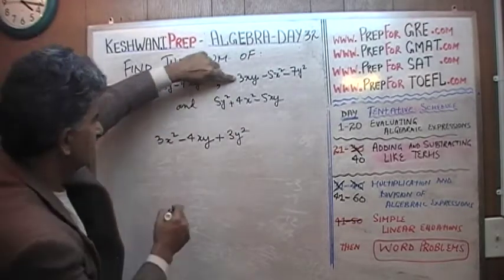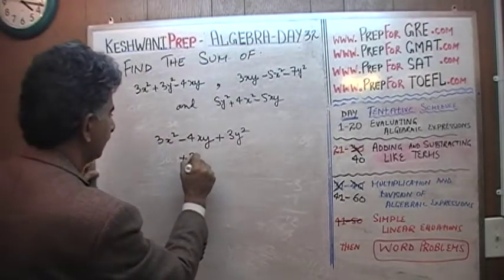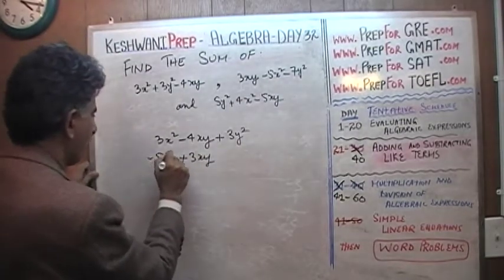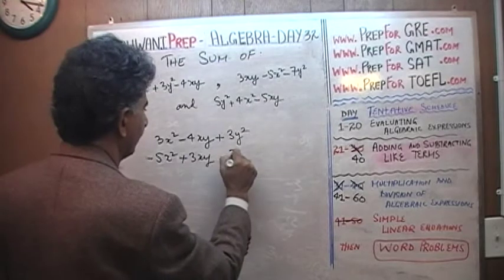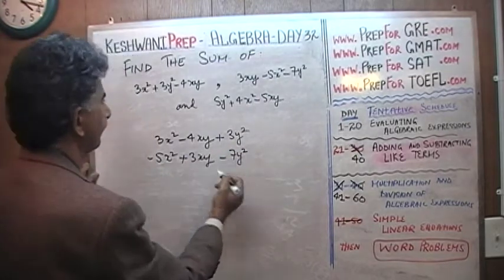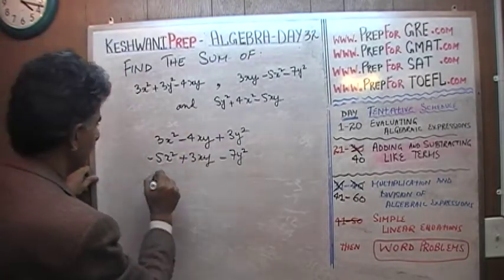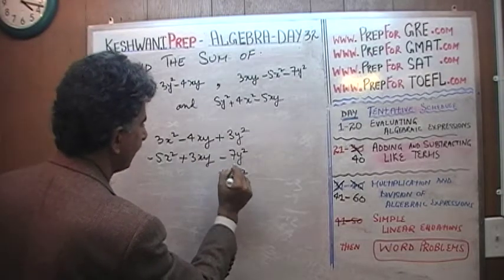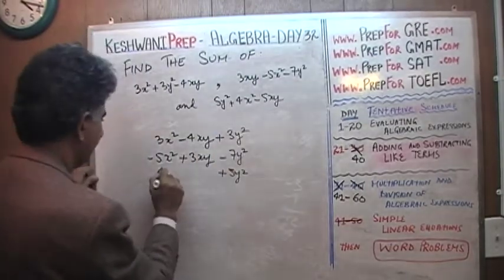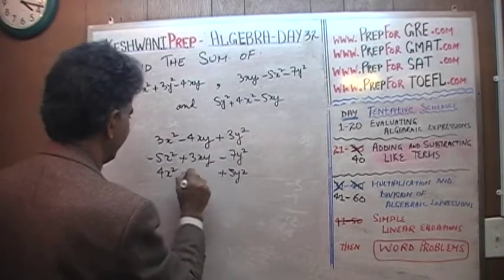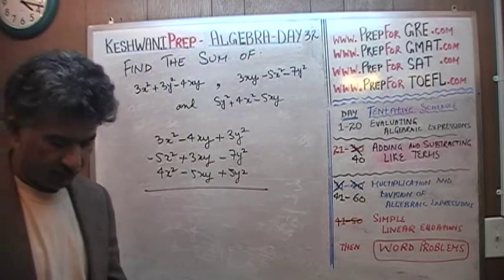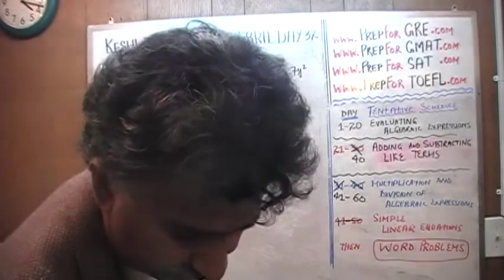So we have positive 3xy, minus 5x squared, negative 7y squared. And then we have positive 5y squared, 4x squared, and negative 5xy. That's it. Now that all the like terms are lined up properly,